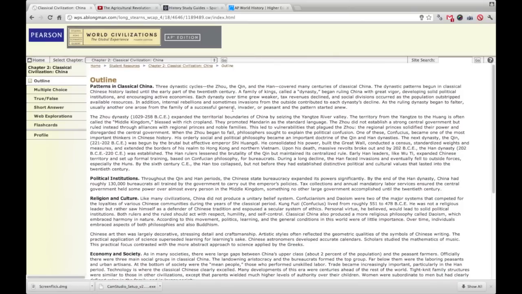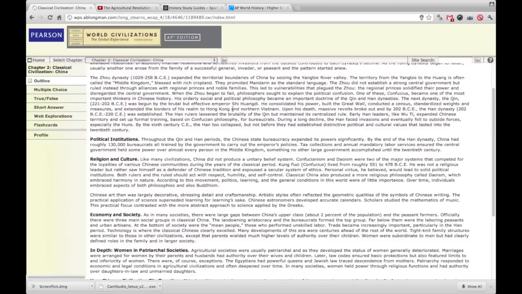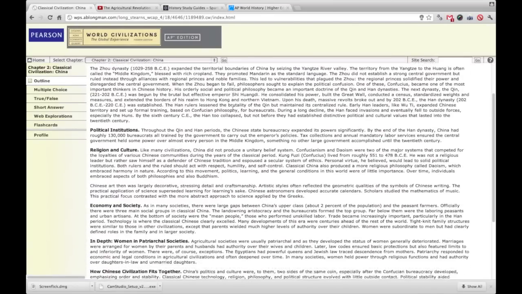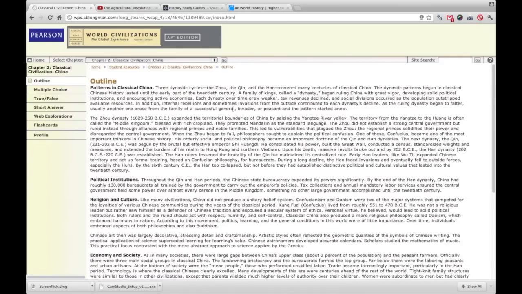The site offers an outline, which is really helpful if you just want to know the important things. Although reading the chapter out of the book is a good idea, this can make it a little more simple, and it consolidates each chapter into a more manageable chunk of information at once. I find it helpful to use this along with the textbook for 5 themes notes.